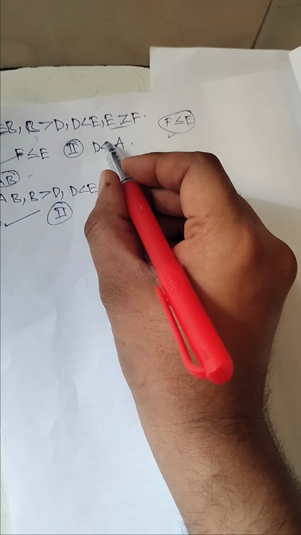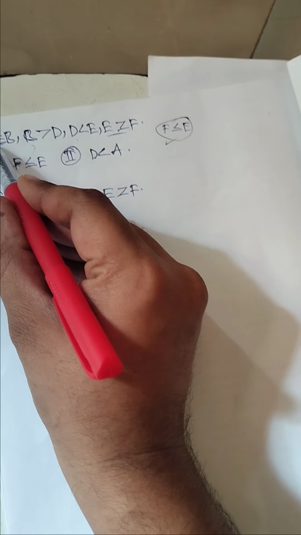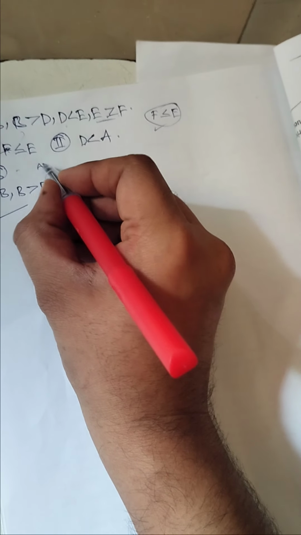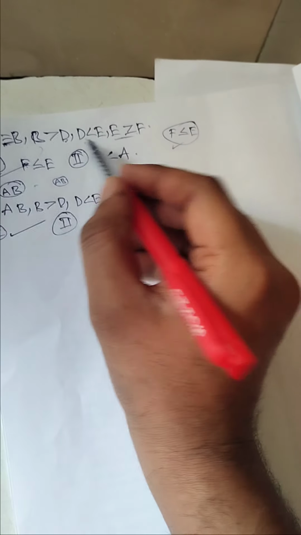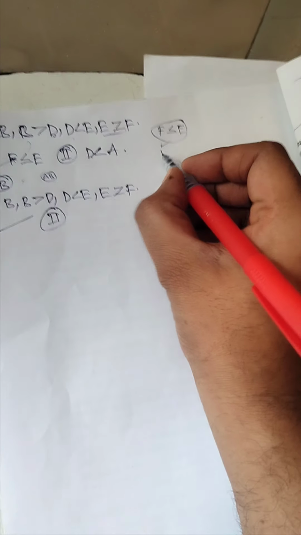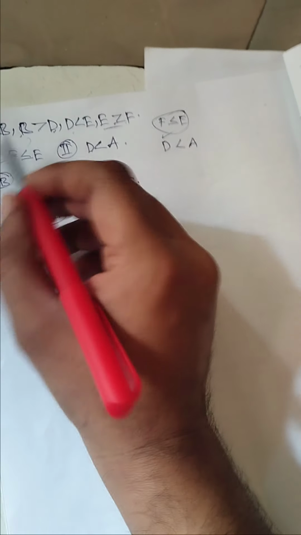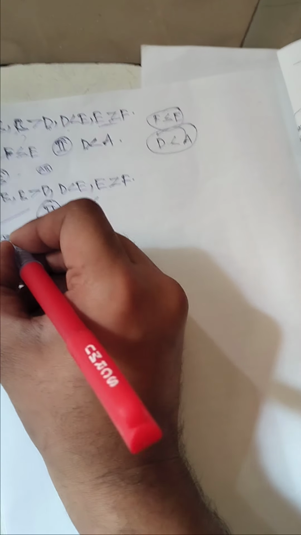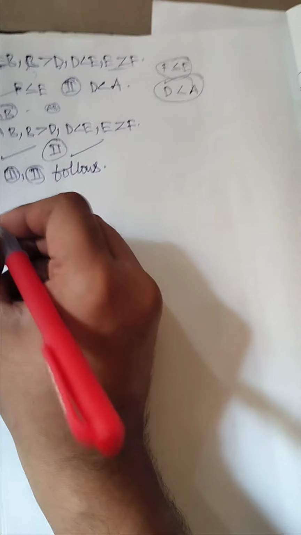Next, D less than A. Just now I told you that A equal to B means A and B are equal. So simply write D, and here A is like this. So we can write D less than A because B and A are equal now. So like this, 1, 2 follows. Simple and easy. Yes. Third model.